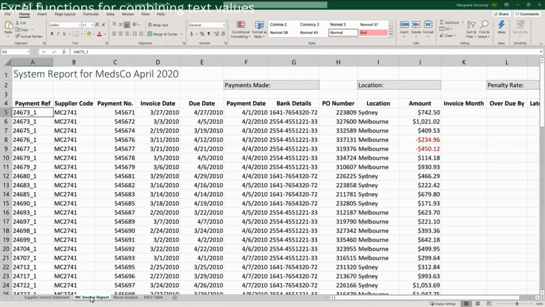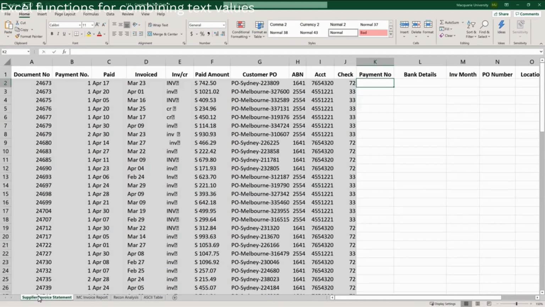So for example, with her system, the payment reference is made up of the invoice number and the payment number. On the supplier statement, however, this data is in two separate columns. Before she can actually compare these values, she's going to need to join the document number and the payment number. She's created a column in which to put the new value, and we're going to help her do it using